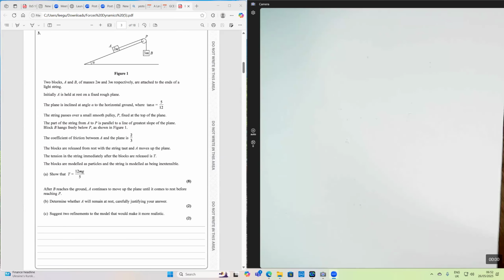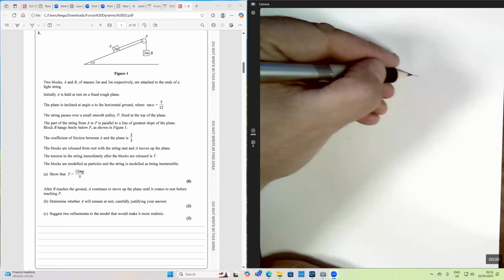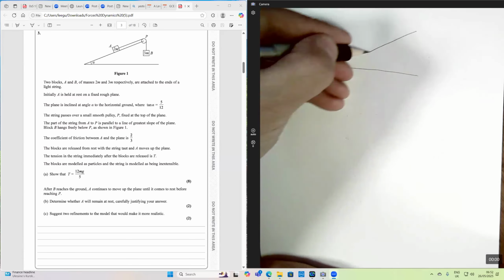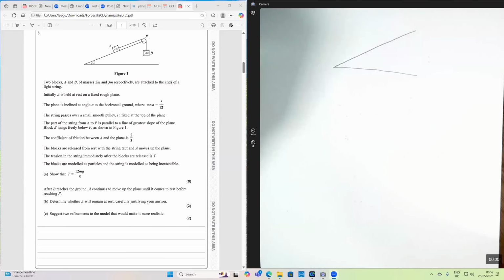Hello everyone, and in this video I thought I'd switch gears and have a look at a mechanics question. And this one is a pulleys question. Okay, now it says two blocks A and B of masses 2m and 3m respectively